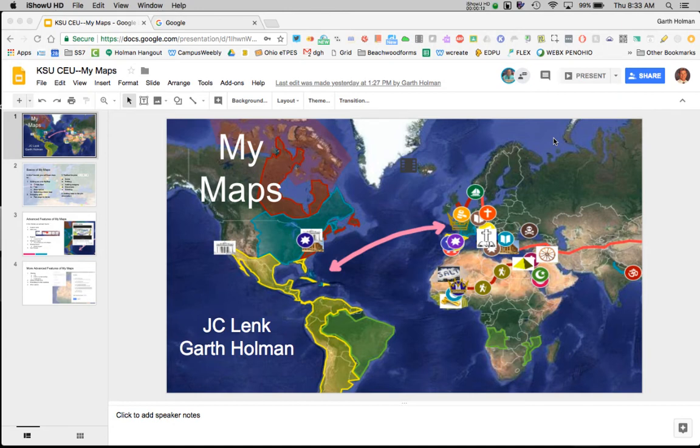But in this course, we're going to show you this free product from Google. It's called My Maps, and as you can see on the image there, there's a lot of stuff going on. We've been using this in our classes for about 3 years now to create a portfolio for students, quick visual reminders, quick way to recall knowledge, and the best part is that students have built this, so it should recall